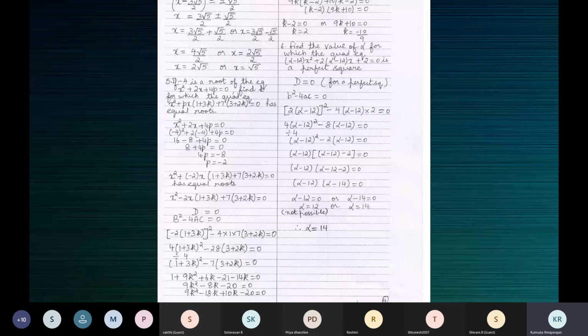So what we have seen so far are the three different methods of solving a quadratic equation: factorization, completing the square, quadratic formula. Then today we saw how the quadratic formula is derived. We understood the value of the expression b square minus 4ac, which is why it's called the discriminant, as it decides the nature of the roots of the quadratic equation. And then we understood the different situations when d is 0, d is less than 0, d is greater than 0.